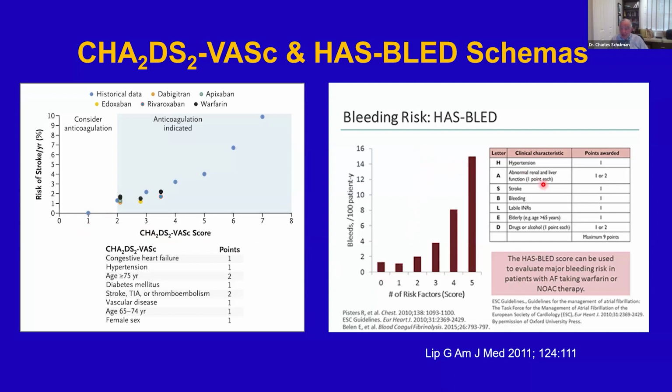Now, bleeding risk is indeed associated with these findings, but the problem is that some of the items on the HAS-BLED score, elderly patients and hypertension and stroke, are also on the CHA2DS2-VASc risk score. So it's somewhat less useful. Hypertension, incidentally, in the HAS-BLED score was a blood pressure over 160 systolic.